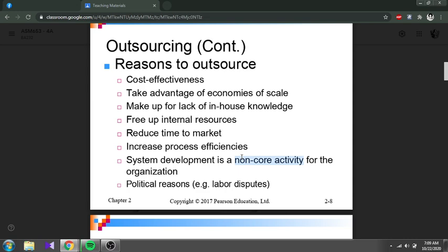That kind of outsource lah. And of course the last one is political reasons. Example, labor disputes. I think the close example I can give to you is, let's say Malaysia has an agreement with China ke, they want to buy for example from Huawei their devices and products. So yes, Malaysia punya company have to buy from them lah, because nanti China pun akan maybe open factories in Malaysia ke, contoh macam tu lah. Alright.